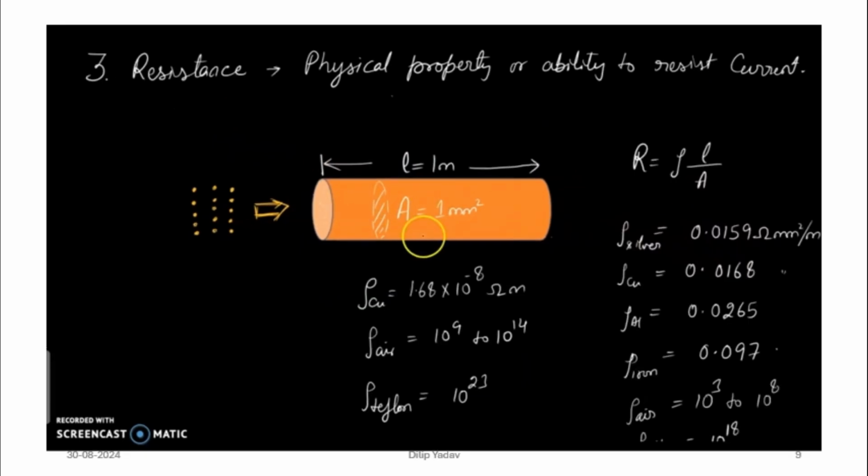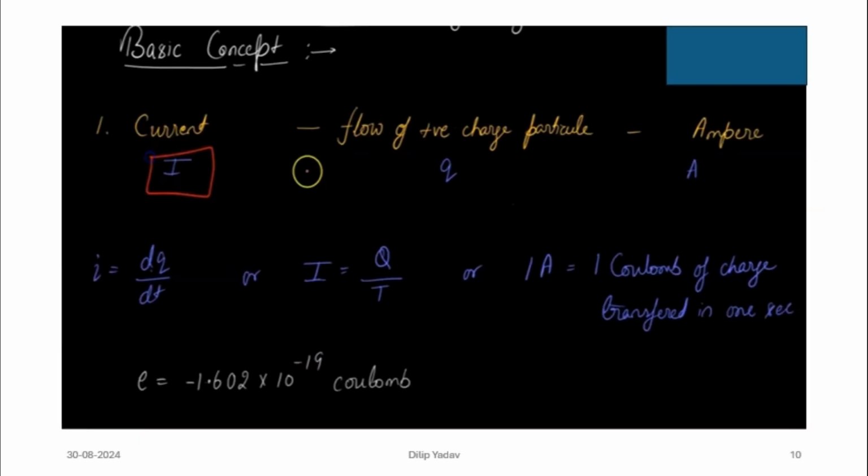So the resistivity, as we were saying, that is the rho. This shows the different resistivity of the material, that is here. Now coming to the next slide, as we have studied,